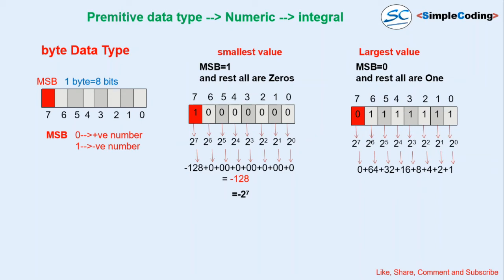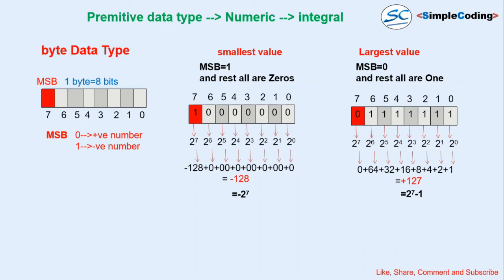So after calculating, we will get 64, 32, 16. Then adding all those things, we will get plus 127. If you look closely, there is a difference of 1 in case of value. I am not talking about sign. In case of value, we have the difference of 1. So we can write 2 raised to 7 minus 1, because 2 raised to 7 is going to be 128 and the minus 1 for 127.